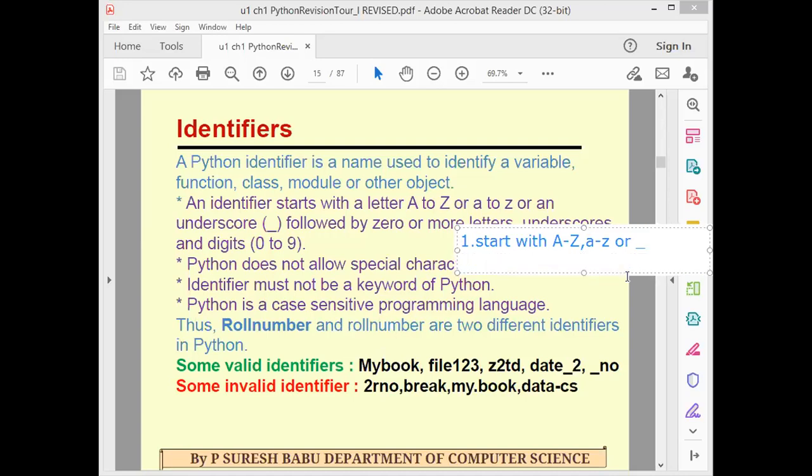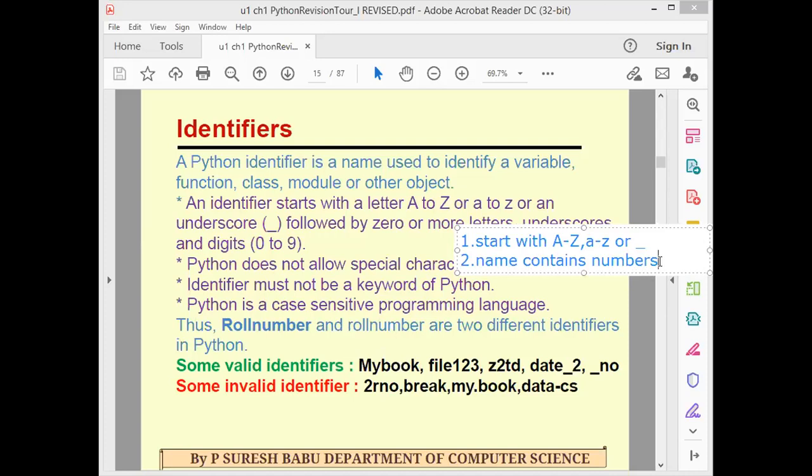Then second, the name can contain numbers. Students understood? The second rule: the name contains numbers, that is 0 to 9. Any number you can contain, but not in the first position.